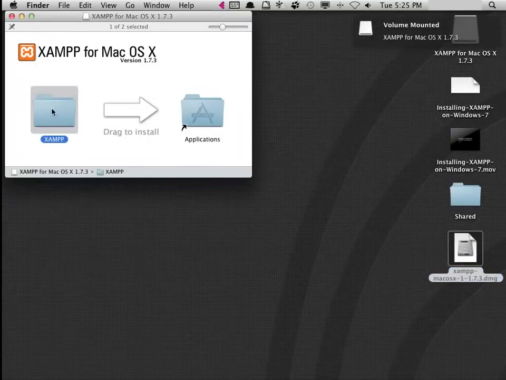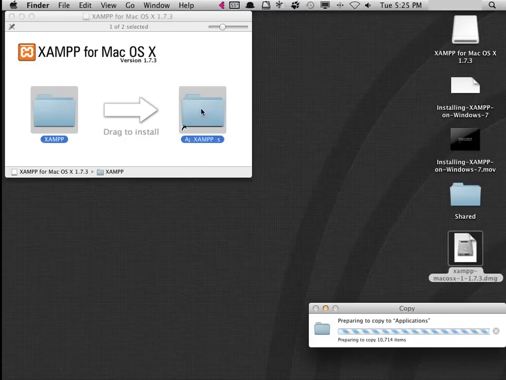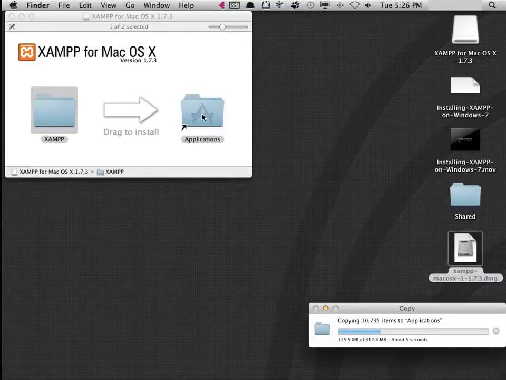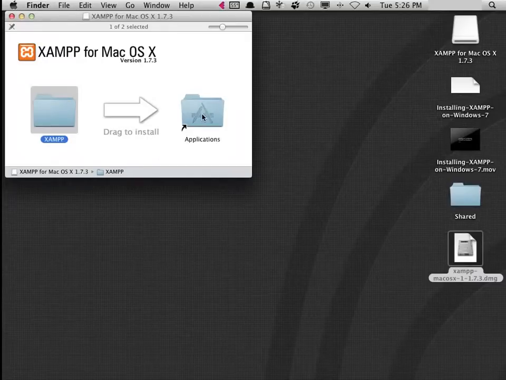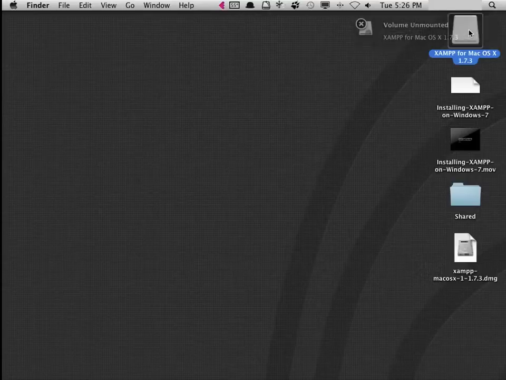And it's as simple as dragging the file over into the shortcut, and it'll copy it into the applications folder directly. This should only take a few seconds. It's saying probably about 5 seconds left, but you know what the machine's like. And that's it. That's the files installed. So all I'm going to do now is eject the disk image,